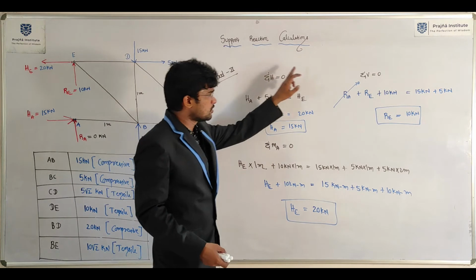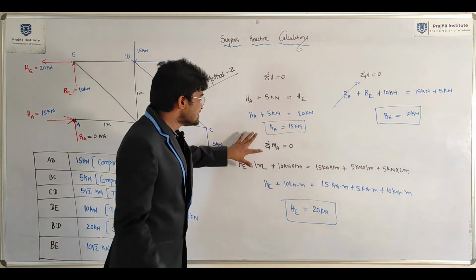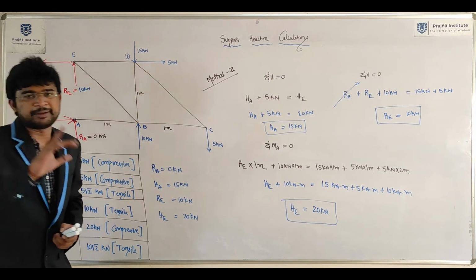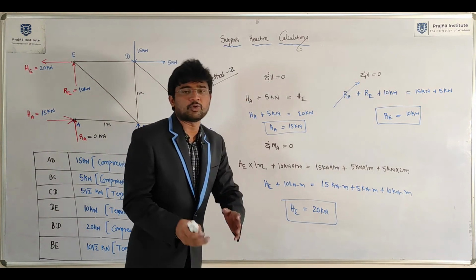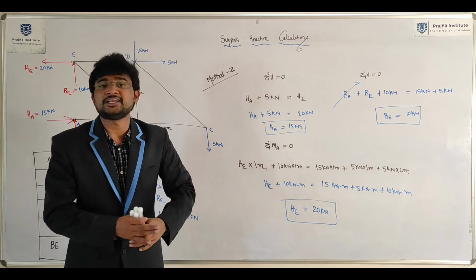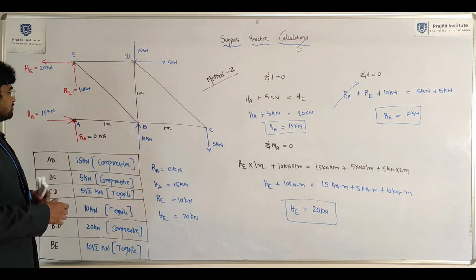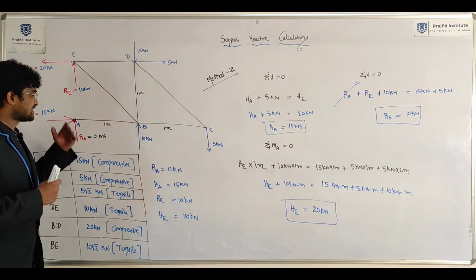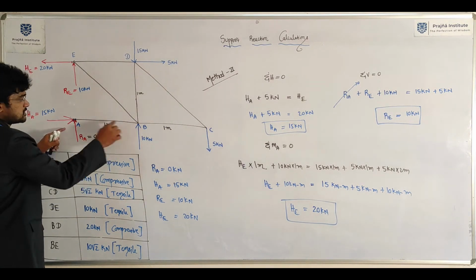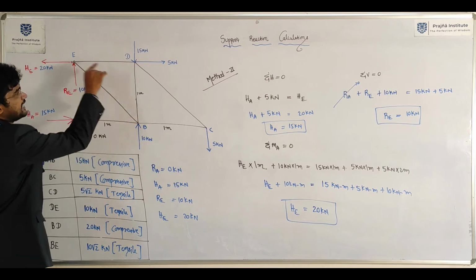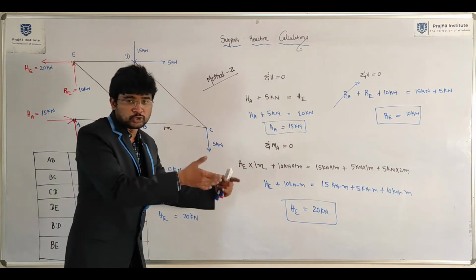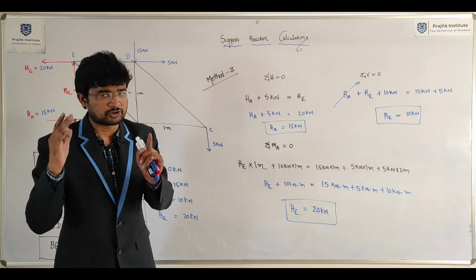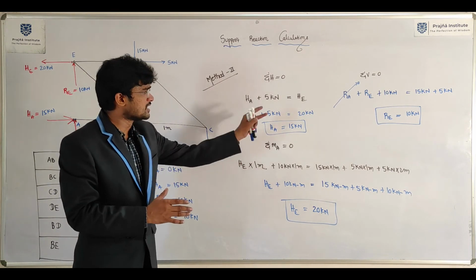Okay, first sigma H equal to 0, sigma V equal to 0. Then just apply moment about any support, A or E, which will definitely become 0. Then you can happily calculate support reactions directly. No need to apply free body diagram at joint A and joint E. For that you would need to know the force in the members AB, EB and ED. In method 2, no need to calculate forces in adjacent members by using method of sections or method of joints. You can directly calculate support reactions.